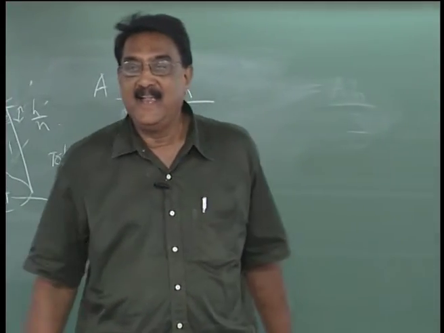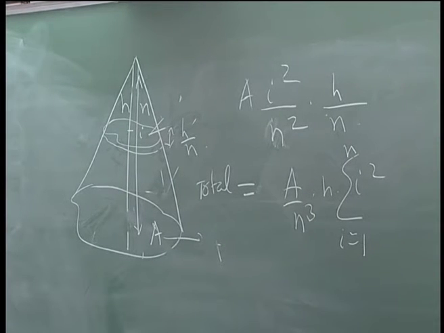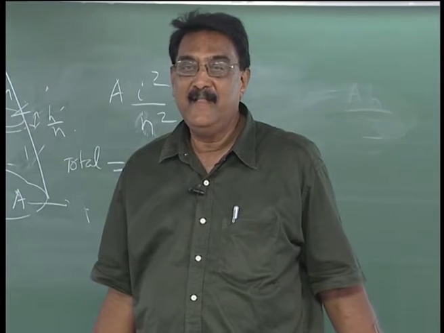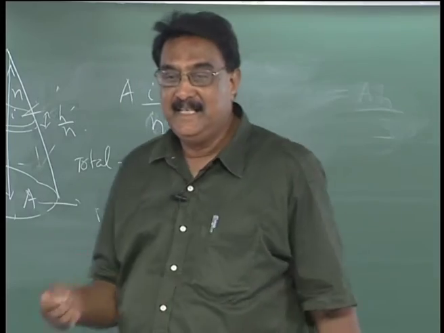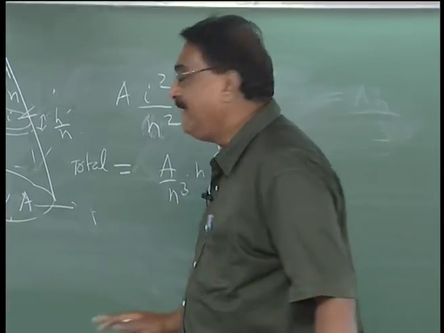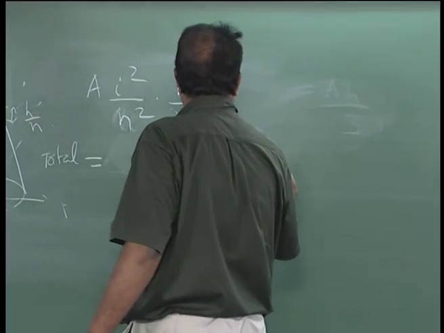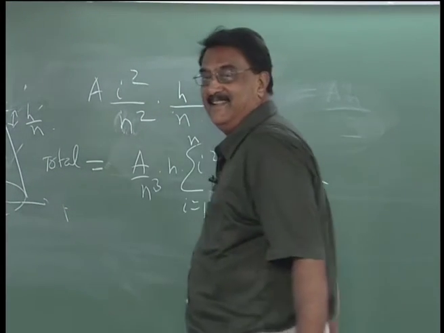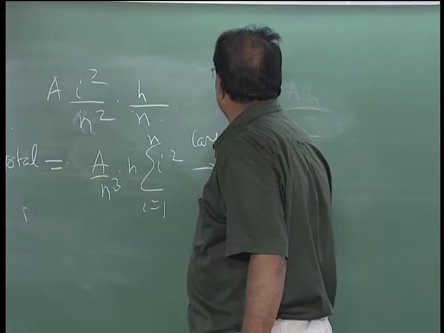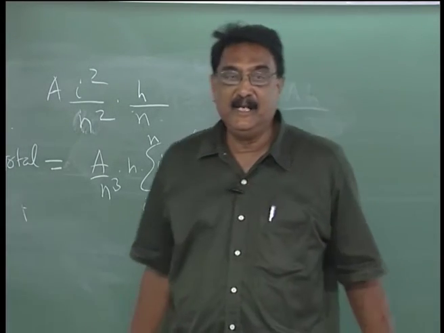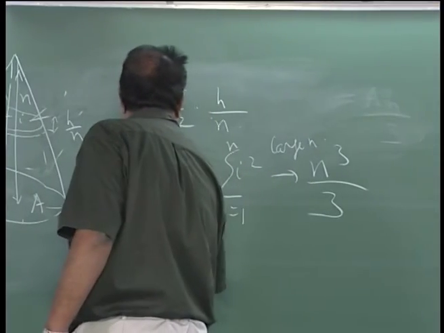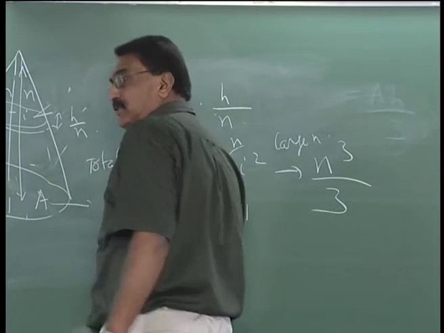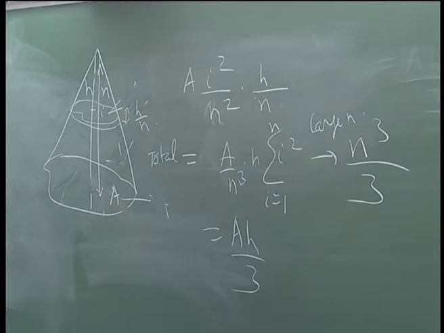And sigma over i squared, we have got the result, the sum of the squares. And not only that, they also estimate that for large n it is stated very explicitly that it is n cubed by 3. Anyway, you will come across these things when you discuss Yukti Bhasha. So, then finally you will get h by 3. So, this would be the Indian way of calculating the volume for an arbitrary kind of cross section.